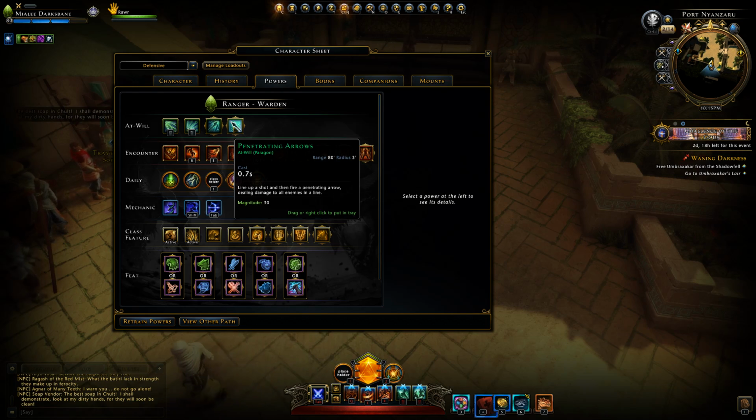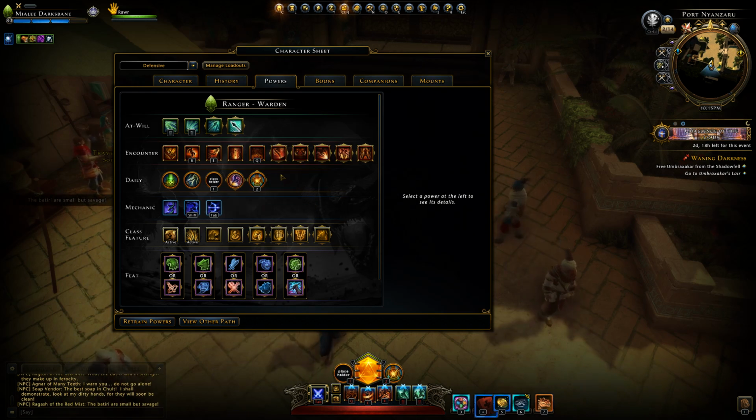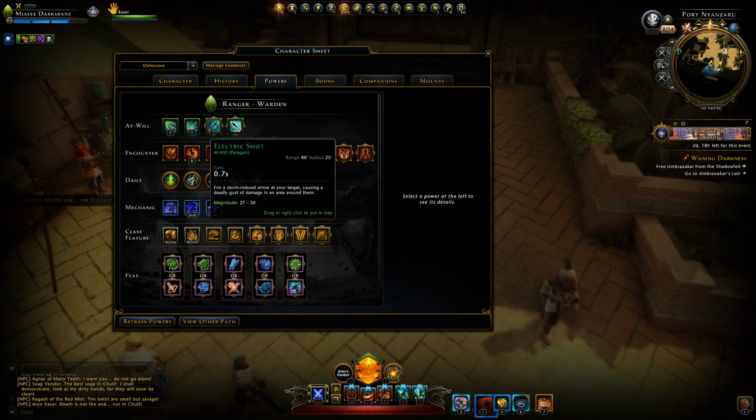We also have a new at will, penetrating arrows, line up a shot and then fire a penetrating arrow, dealing damage to all enemies in a line. So a little bit like a different shot that we had here, I think somewhere. Well, seismic shot does the same. Maybe it wasn't the archery in the hunter path, I think. But yeah,